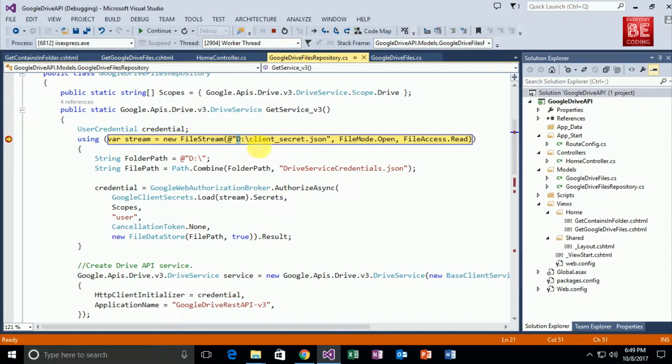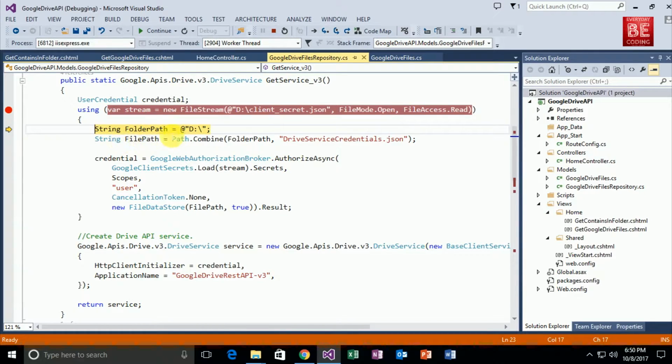Okay, this specific JSON file content is converted to a file stream. I'm just pressing F10 on my keyboard. This is a specific folder path that I'm initializing within my G drive, and after that this is a specific file name, drive service credential.json. This JSON file is automatically created by the Google Drive API and retrieves the information from the client secret.json file. After that, the folder path and file name are combined into a file path, and the credentials information is retrieved,